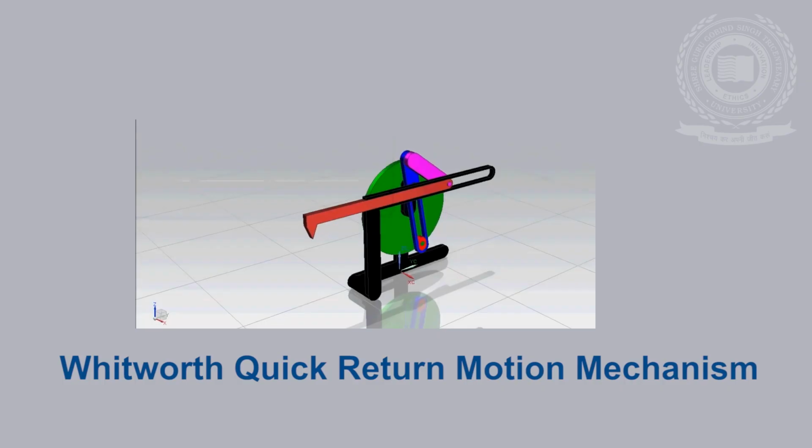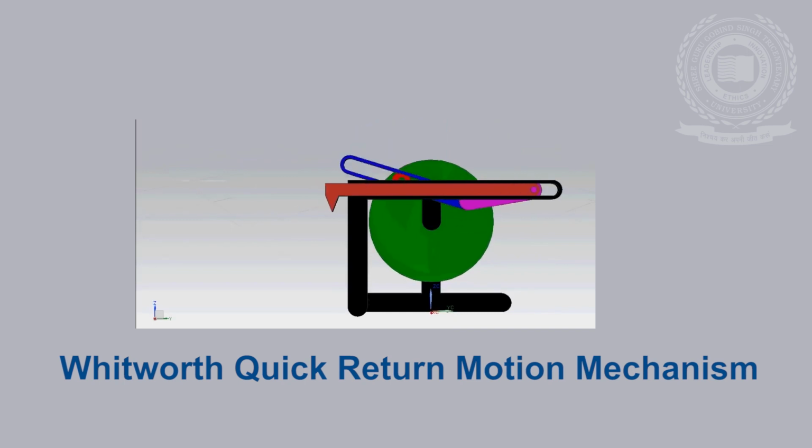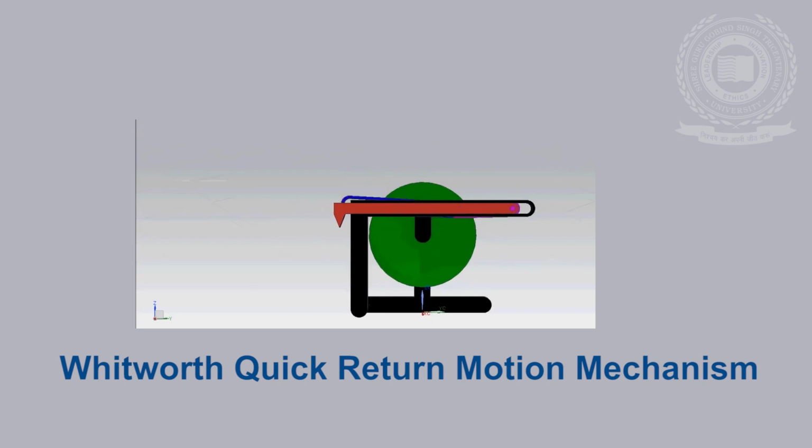The Whitworth quick return motion mechanism converts rotary motion into reciprocating motion. But unlike the crank and slider, the forward reciprocating motion is at a different rate to the backward stroke. The circular rotating disc is called the crank. The link connecting to the rotating disc is called the slider. At the bottom of the slotted arm, the peg only has to move through a few degrees to sweep the arm from left to right, but it takes the remainder of the revolution to bring the arm back. This mechanism is most commonly seen as the drive for a shaping machine.